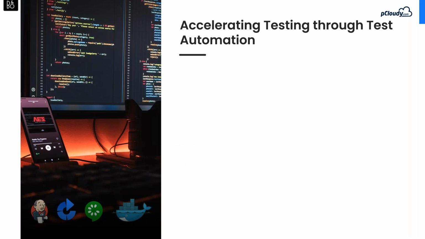And next, let's talk about accelerating the testing through different automation processes. Some of the key aspects of enabling test automation would be looking at our app development and also the testing workflow, which is very important. And next, we identify the tasks which need to be automated, how many test cases are required, and what test cases and test scripts you have to design around. So that is very important.